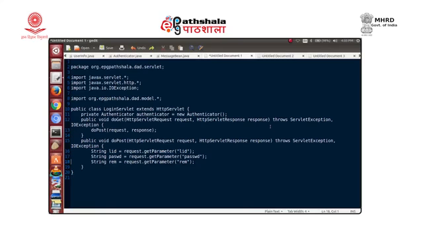So, now let us do the authenticator. We would like to authenticate. What we do here is we have received the parameters for the login ID and password, and since we have the authenticator object available, we are doing a check, does it authenticate. So, we have authenticator.authenticate being invoked. We invoke that and pass the login ID and password, and we will check whether it is authenticated or not. If this returns a false, that means he is not a valid user. So, in that case, within the if,